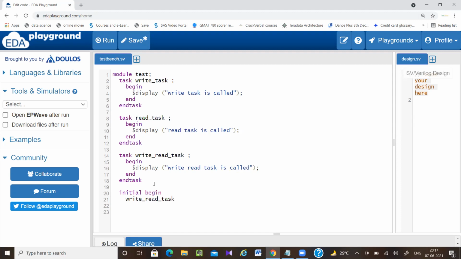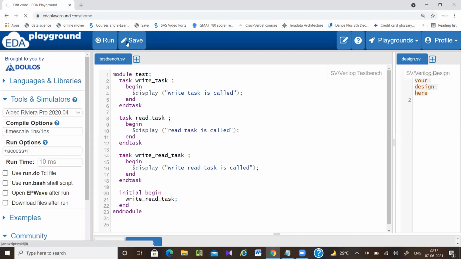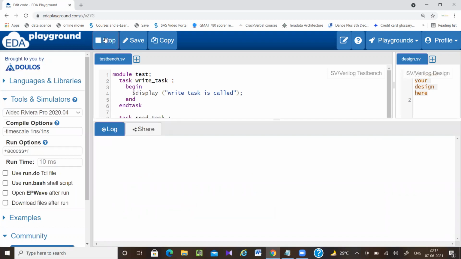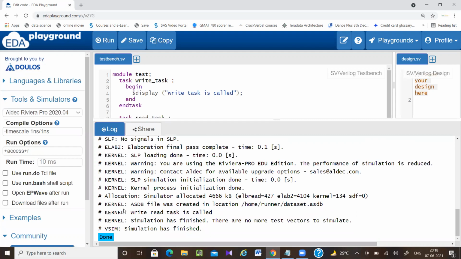For how a test bench is written in Verilog using tasks, a task-based test bench, you can go to the YouTube channel and search. I have written one test bench for PISO using tasks, so you can go through that test bench. So write this task, then end module. Here the write task is called.